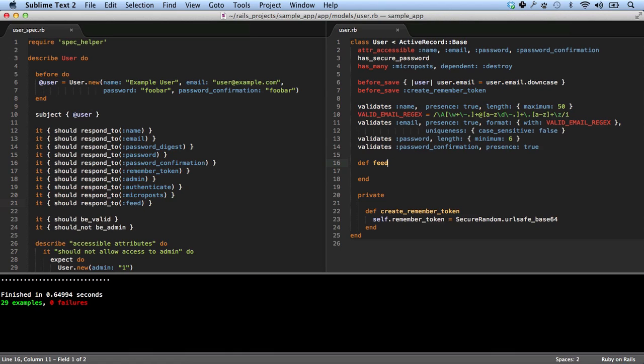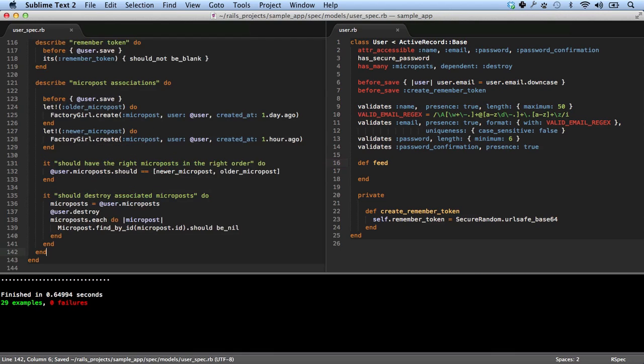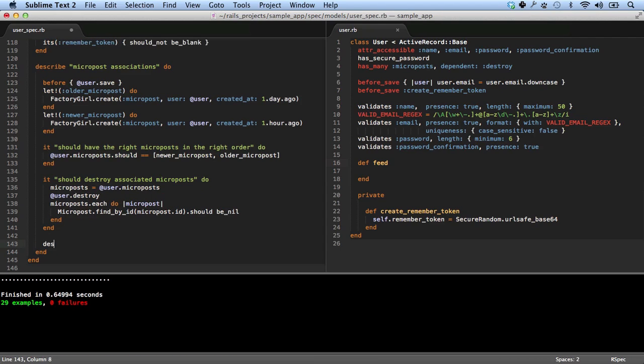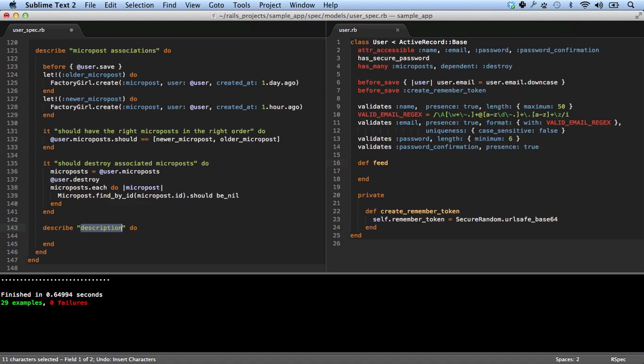Alright, so it's empty, but let's think about what this feed should have. This is going to be part of the micropost association, so let's put it in here. Micropost association status. So inside of here we have an older micropost and a newer micropost. These both belong to the current user, so they should both be in the feed. So let's say its status feed